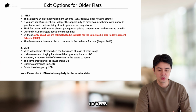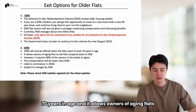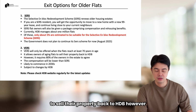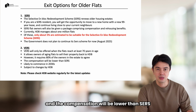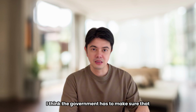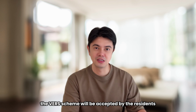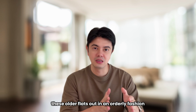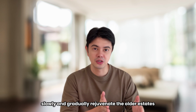So VERS will only be offered when the flats reach at least 70 years in age, and it allows owners of aging flats to sell their property back to HDB. However, do note that it requires 80% of the owners in the estate to agree, and the compensation will be lower than SERS. So definitely, I think the government has to make sure that the VERS scheme will be accepted by the residents, because they do need to manage these older flats out in an orderly fashion, so that they are able to slowly and gradually